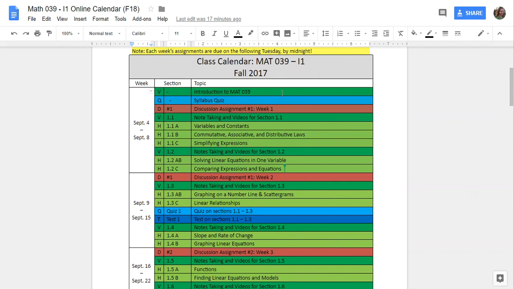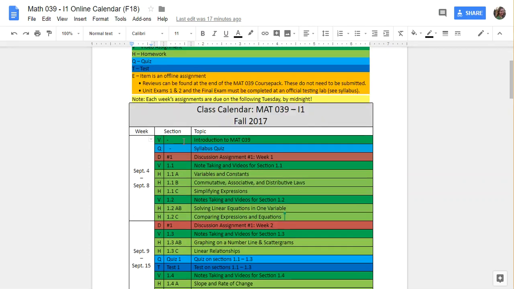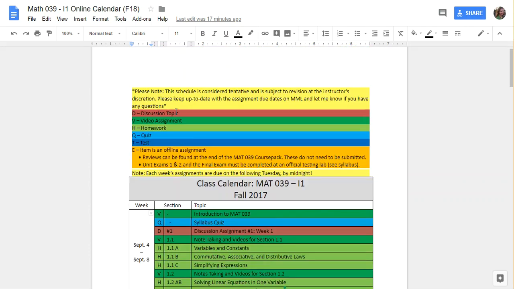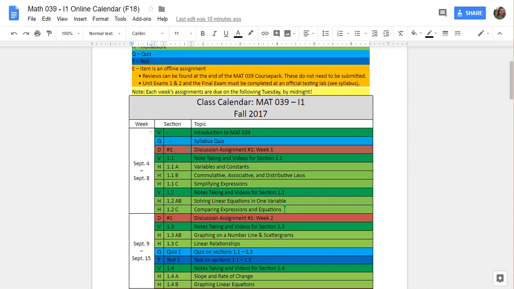There's usually an assignment per day, so maybe about 7 assignments. And they vary in types. You can see I've got them color-coded up here. Discussion, video, homework, quiz, test, or the offline assignments. Those are the pen and paper that you need to be at the testing lab to do. So this week, you're watching right now one of the introduction videos. So great, you're on the start. After you finish those, you'll need to do the syllabus quiz and continue on through the first set of notes